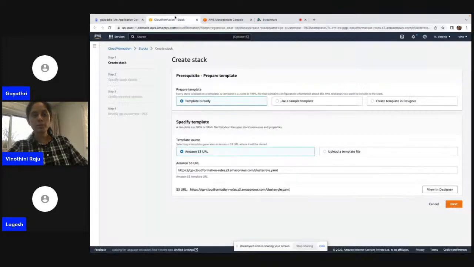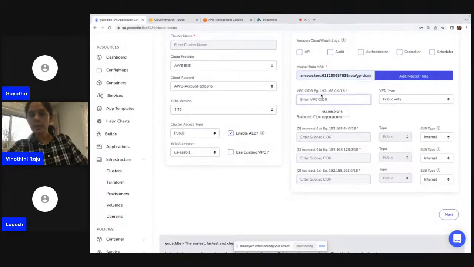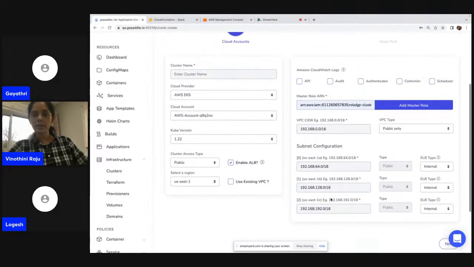So what we have simplified here is that we have created a CloudFormation template in order to create those roles. So you don't have to do a lot of work, except that the person who has the privileges can go create this cluster role and pass the ARN on to you, right? And you can provide the CIDR information here. So this is going to create 3 subnets with these CIDR ranges, right? And you can also enable your CloudWatch logs,